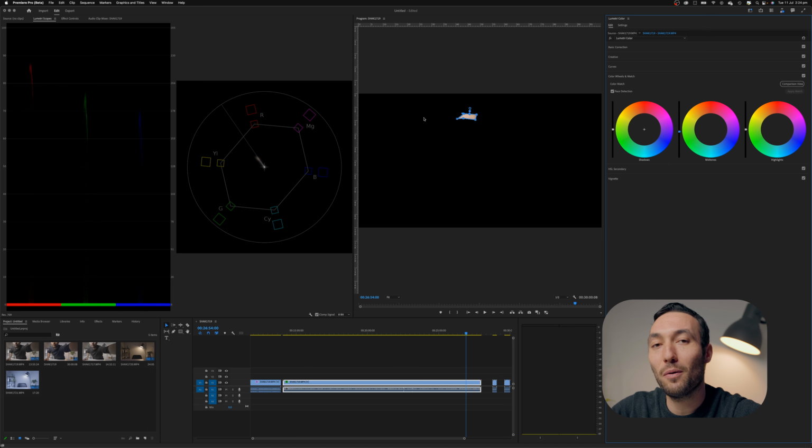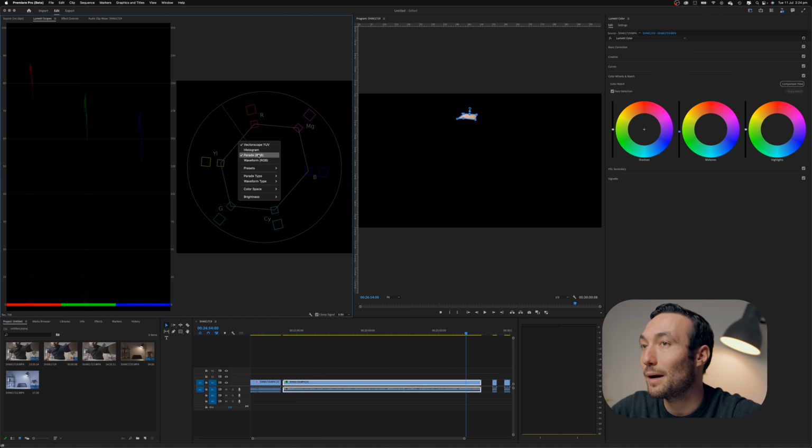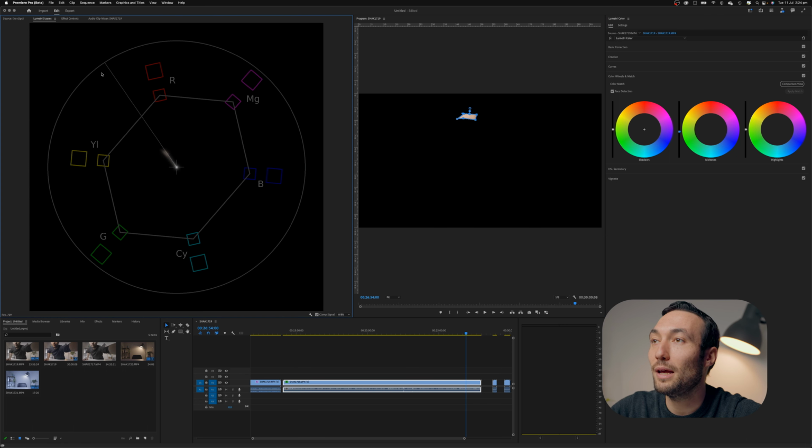So many times you can get away with a really cool or different looking, matrix looking color grade, but the skin tones, they need to be right. In fact, the scopes actually has a feature built into it to deal with this, and that's called the bloodline. So if you have a look on the right hand side here, I'll make that big by getting rid of our parade. We've got here this line,